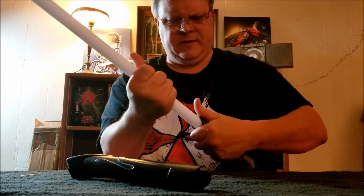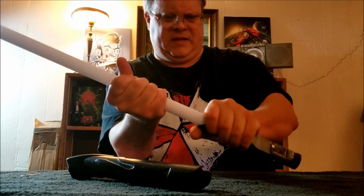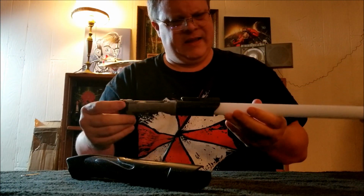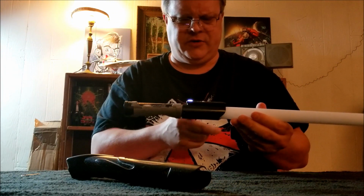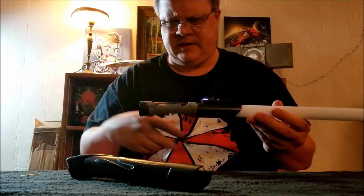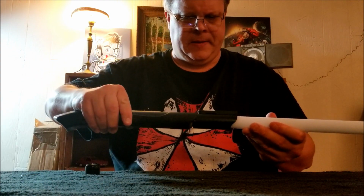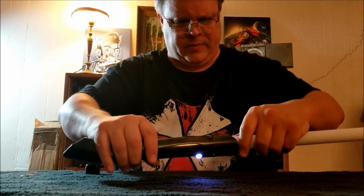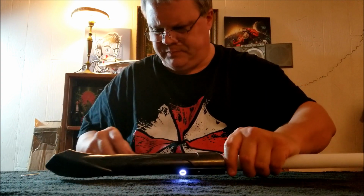Now, for some reason, and I think that's probably a configuration issue, the soundboard doesn't remember the blade colors that I've chosen for each of the individual fonts, and I haven't been able to figure out why that is the case. I'm sure another friend of mine, Grey Paladin, will probably elaborate on that, but